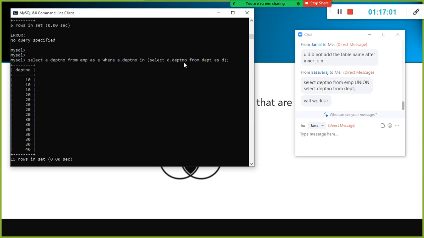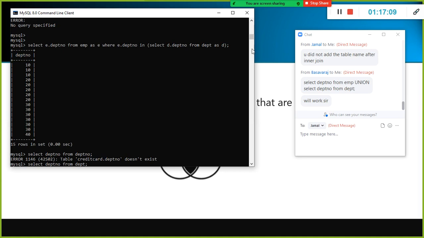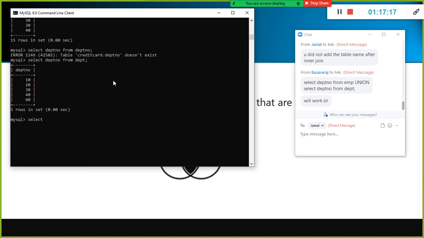Whatever depart number is there in this department table, the same department number which is there in the employee table will be fetched here. But the uncommon value is 60. 60 is here, but the depart number 60 is not there. Hence it is ignored. That's all. So that is what intersect is. But we don't have the intersect operator available in MySQL server. Sorry, in Microsoft SQL Server, intersect and minus operators are available.